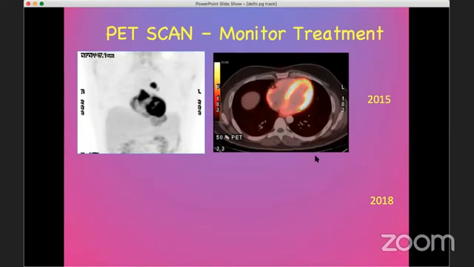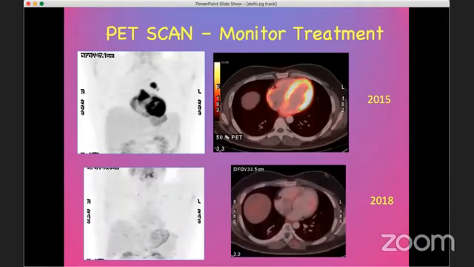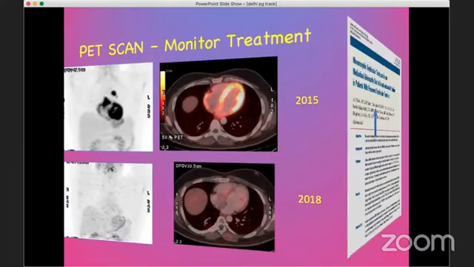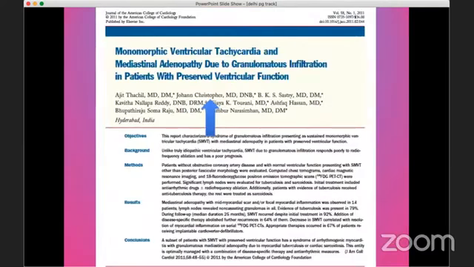And with a good immunomodulatory treatment, including steroids and also methotrexate, in 2018, 3 years later, the map clearly shows that there is really no enhancement. This is the physiological thyroid uptake. And you can see the myocardium is dilated, dysfunctional, but relatively free of FDG, suggesting that there has been good therapy for this patient. And this is our paper which we presented on the role of imaging, PET and MRI,